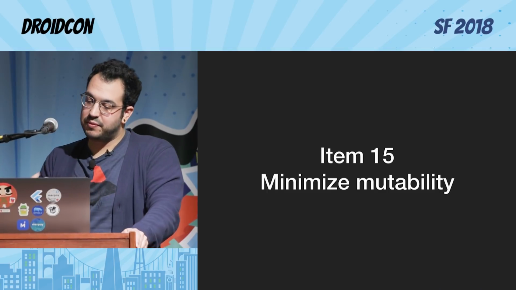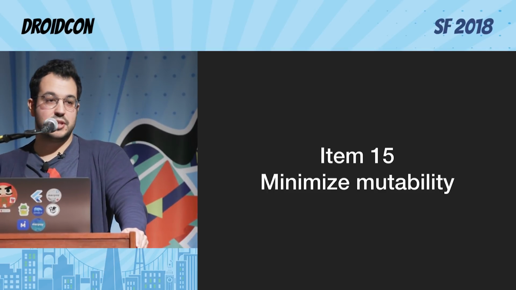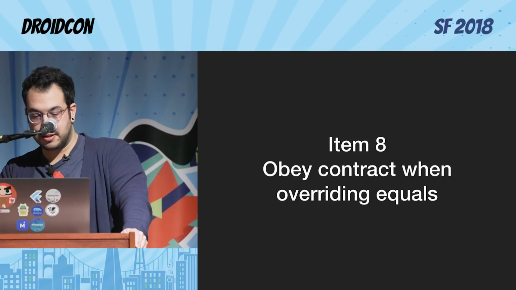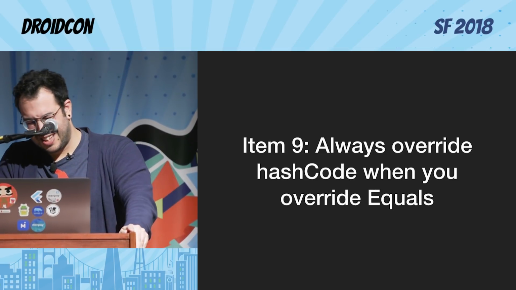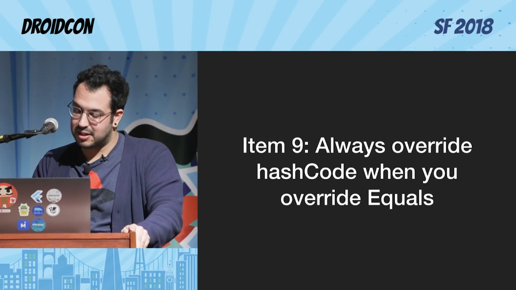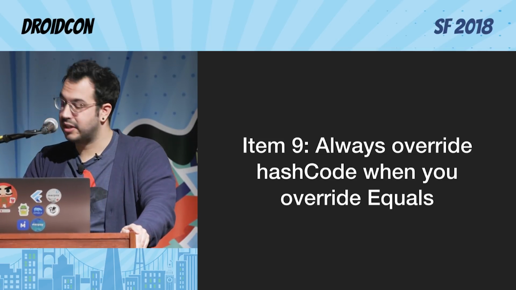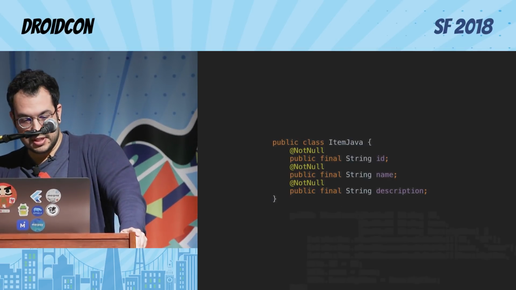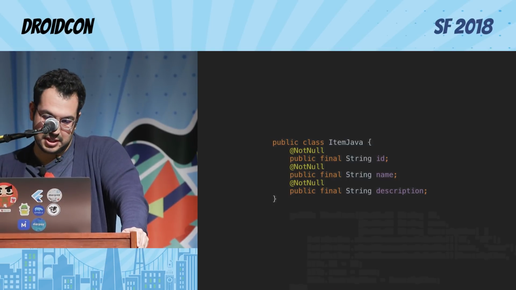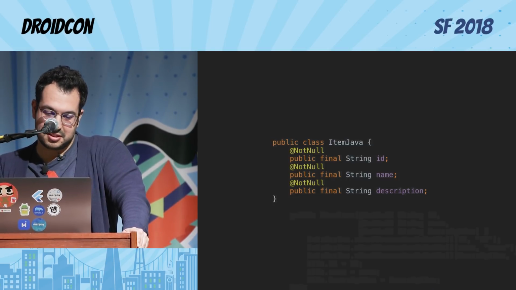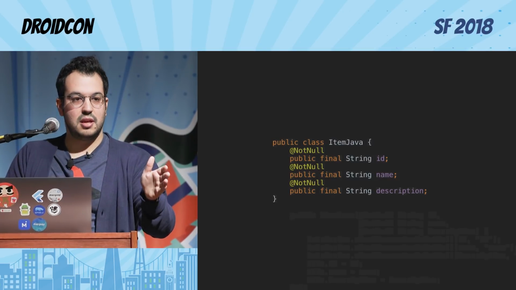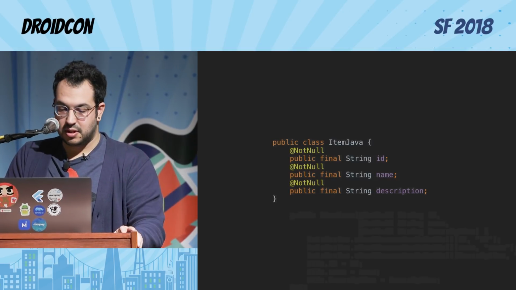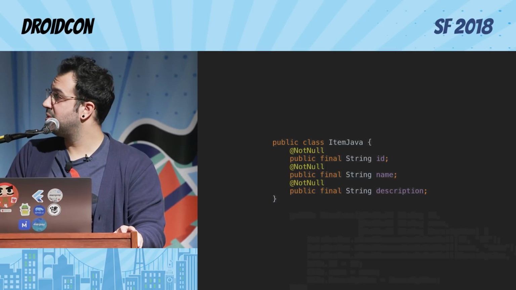Then there is this item 15, which is minimize mutability. Please do this. But then when you do this in Java, you need to obey the contract when overriding equals. And then because you override equals, you need to override hashCode. And it's like a never-ending story. It's terrible. So you have this, again, the POJO. The name is item Java because it's Java, of course. And we have ID, name, and description. And they are immutable,